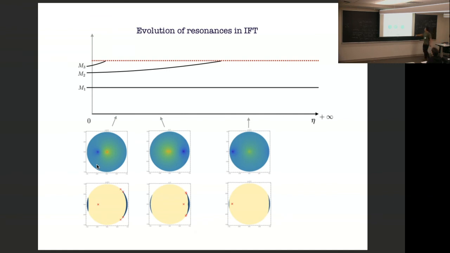Here's what it looks like. This is the plot of the z-disk. This first colored plot is the absolute value of S of z, and this red dot is a pole, and the blue dot is a zero. The pole position I already know, so that's not something new, that's already from the numerics, but the zero position is something that I cannot get directly from the numerics. That's part of the prediction here.